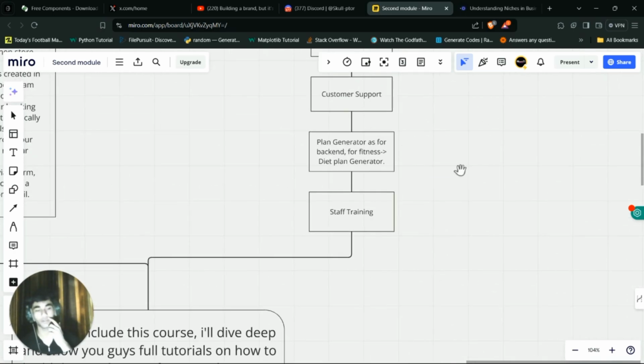Let's say you're dealing with some kind of fitness coach. You give them a chatbot, set up with all the diet plans they've already given, so that whenever a new person comes up with, hey, my BMI is this, I weigh this much, I already have 5 years of experience in the gym, what kind of diet plan do you have for me? The chatbot will take all the information it has been given, take out the diet plan and give it to them, so it'll save the coach a lot of time. This is like a convenience offer.